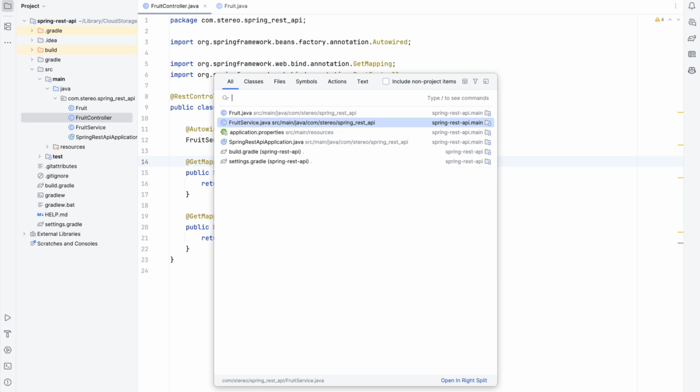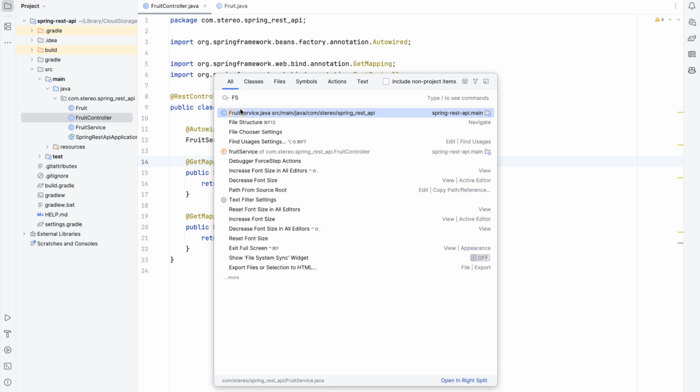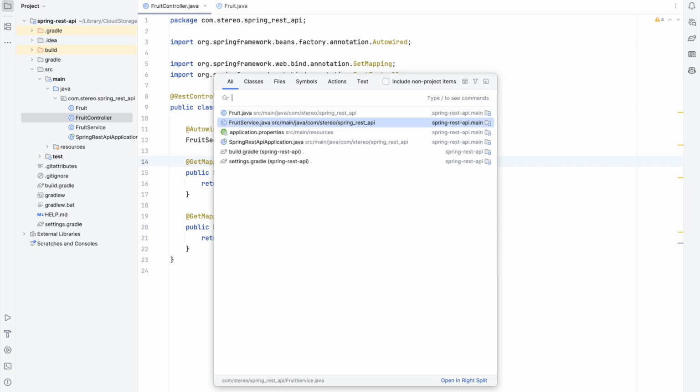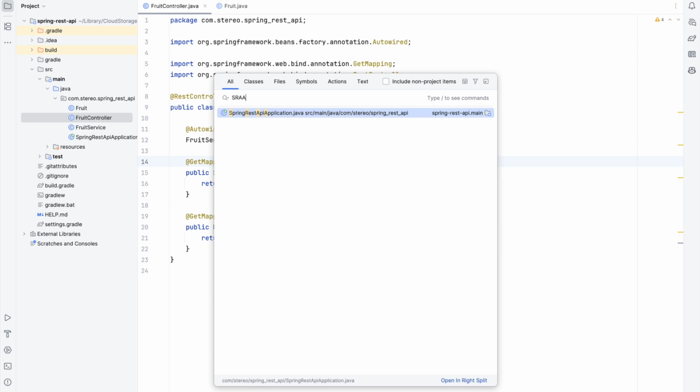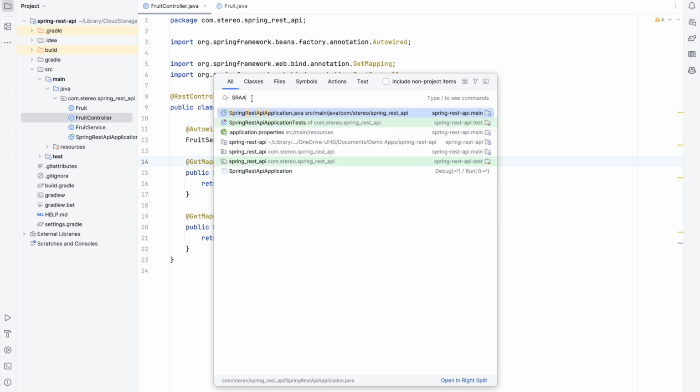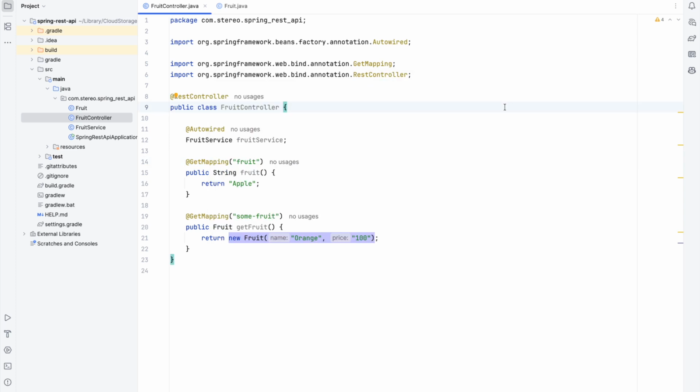So if I write fs, okay, it is just pointing to this. If you see, this became a little highlighted, fs, fruit service, okay. So we can do it like this. And then let's say this spring rest api application, so spring rest api application. If you see, all those words are getting highlighted, so you can do it this way, okay. So this is our second command. It is the same in Windows and Mac, which is Shift, you need to press 2 times.